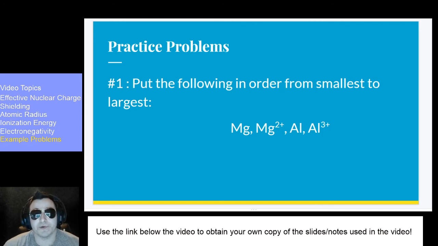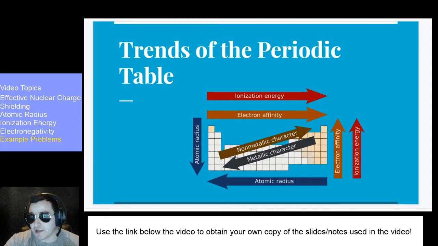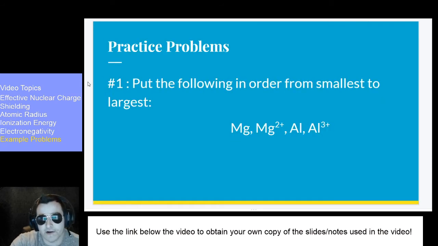This first question is put the following in order from smallest to largest. We have neutral magnesium, magnesium 2 plus cation, aluminum, and aluminum 3 plus cation. And we're going to go off of the trends that we've learned today. Maybe there's a few hiccups in the trend that we're not accounting for. However, we're going to go off of the overall information that we were given on the very first screen. Ionization energy, what's happening as I'm moving from left to right. Ionization energy, what's happening from top to bottom, that sort of thing, right? Yes, there are hiccups in the trend. Yes, we know this, but we're only being held accountable for the overall trends that we're seeing here. So either way,